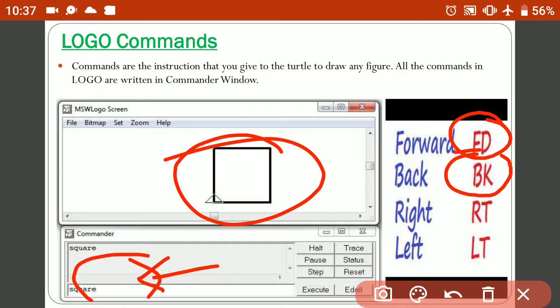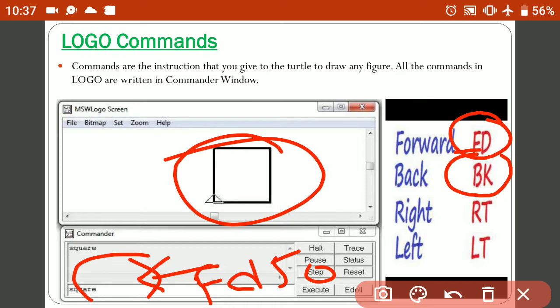This command asks the turtle to go forward, and by how many steps, that also we have to write. So we have written forward and then I am going to write 50 here, means FD 50.